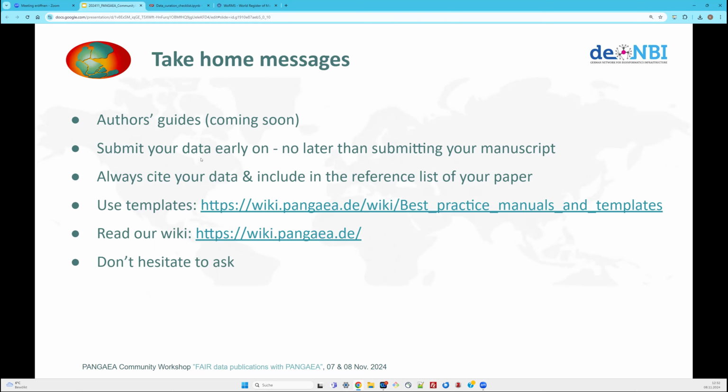If you submit your data, please make it early on and no later than submitting your manuscript, because it simply takes time, because there's lots of going back and forth with your data curator and lots of work that is done by hand. Always cite your data and make sure that if your data has a DOI in PANGAEA, that you include it in the reference list of your paper. And if you want to submit, have a look at the templates, read the wiki. And if you still don't find what you're looking for, if you have still open questions, don't hesitate to